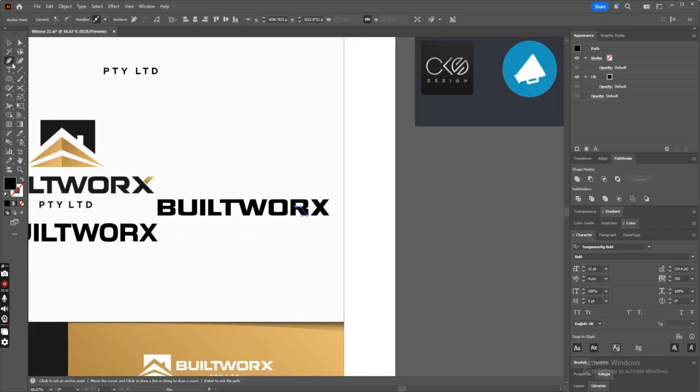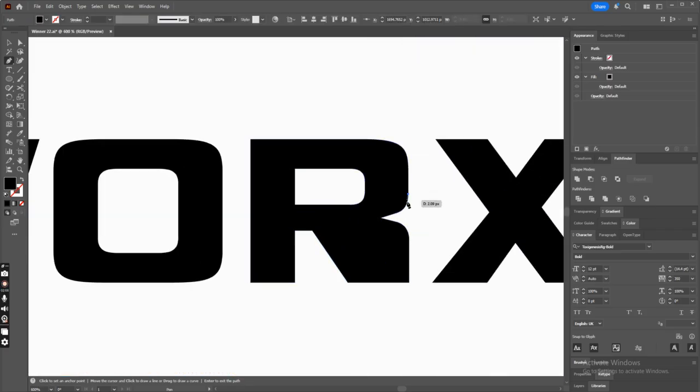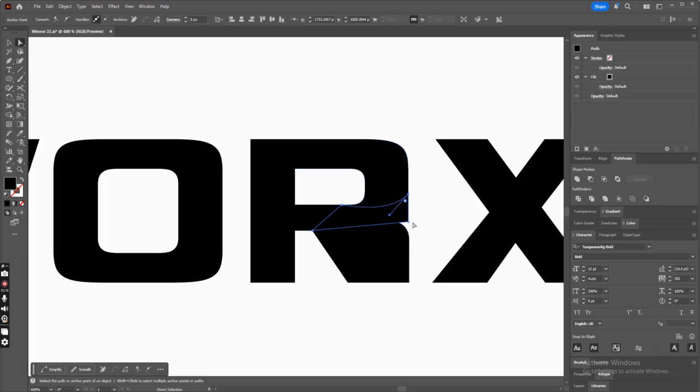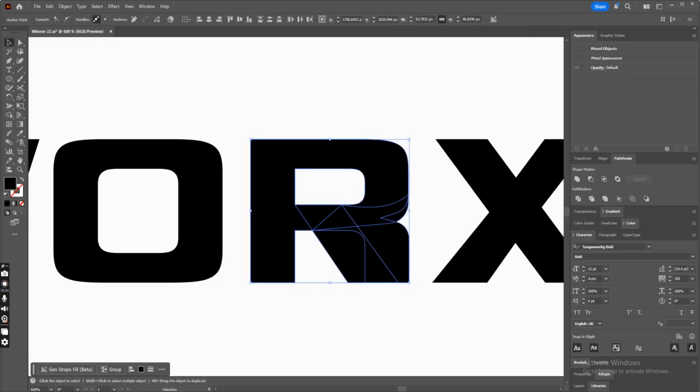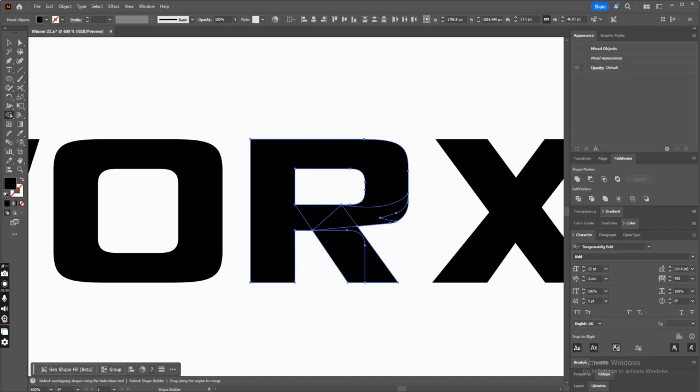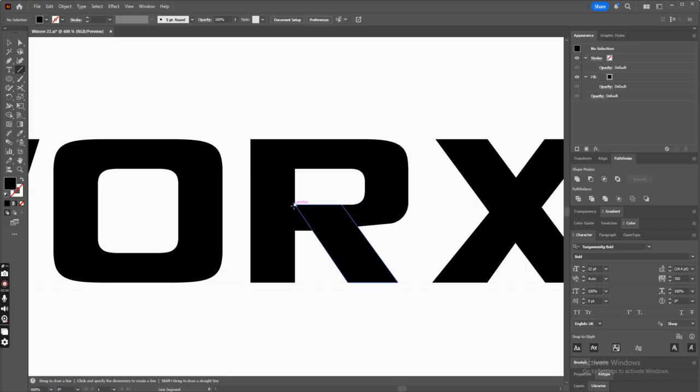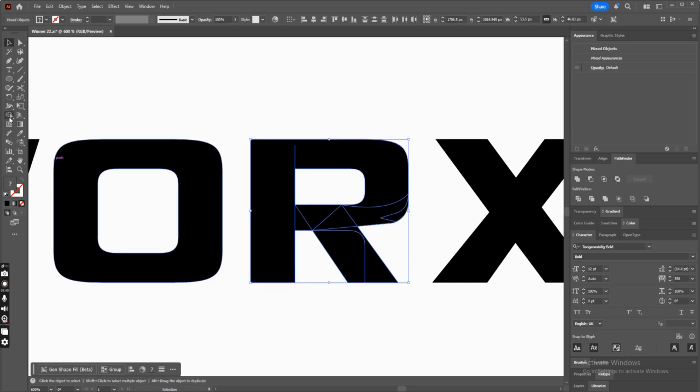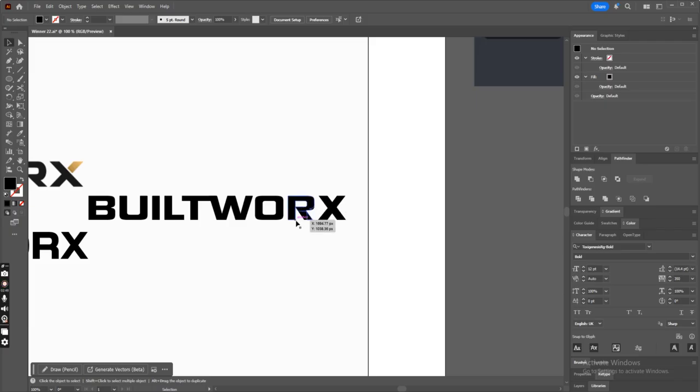and one more thing we can do is make it a more round look. If you can't see, I'm selecting the point here, and now I'm selecting the R letter and everything here, and using Shape Builder with Alt and left click. Then I'm selecting all these things again and will Alt click here. So it looks like this now,